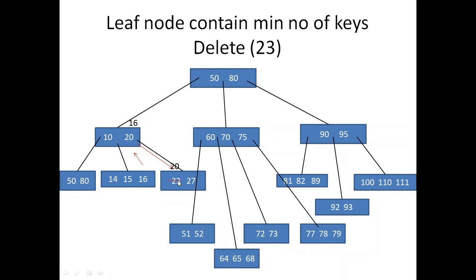But if you are borrowing from the right sibling, then the minimum value from that node will come in place of the parent, and the parent value will replace the deleted value. Okay. I hope everyone understood till this condition.